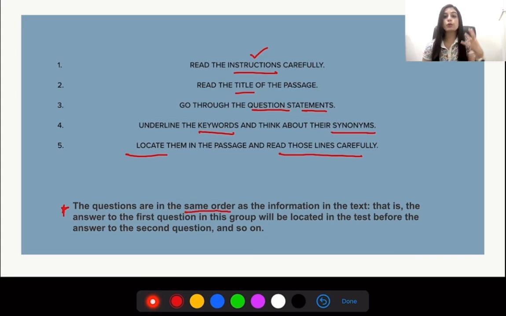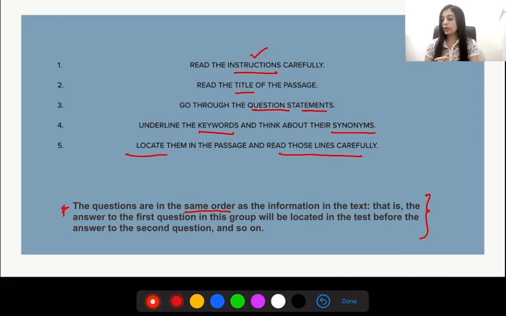So that's how you can locate your answers in case you're getting stuck in any of the questions. You don't have to fixate on that question and waste your time. What you can do is focus on the ones that you can answer easily or quickly, and then for the ones that are left, you can try to locate the paragraphs by following this strategy. Let's move on to solving a passage live.